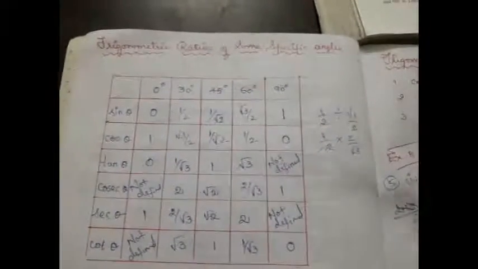Now let me tell you how to remember these standard angles. As I told you, 0, 30, 45, 60, 90. Don't panic on looking at the table. It is enough if you just remember only the sine values. If you remember the sine values, you can very well write the remaining trigonometric ratios, right? So first sin theta. Sin theta will start with 0 and end with 1, for 0, 30, 45, 60 and 90. Sin 45 is 1 by root 2. Remember, 0, middle value 1 by root 2, the last value is 1, and here it is half and this side it is root 3 by 2.